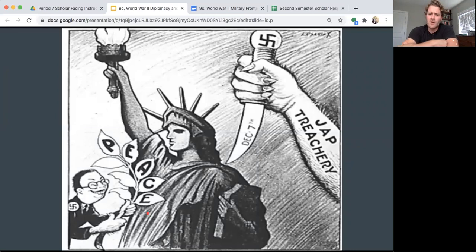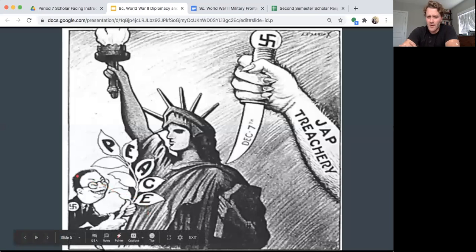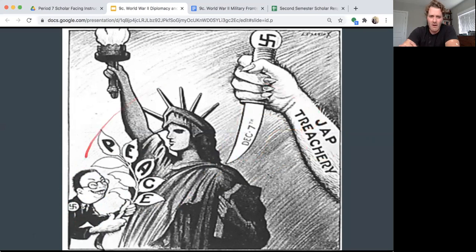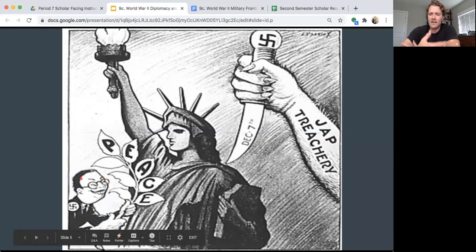This gives us this good perspective, this good cartoon, which I think helps us get our minds into understanding how the U.S. could authorize Japanese internment. This cartoon is good. It's on your handout. This argument that the Japanese distracted the American people with potential peace negotiations while stabbing America in the back on December 7th with Jap treachery. Right? We see the way this man is depicted in a very stereotypical way, which starts getting us to understand some of the race